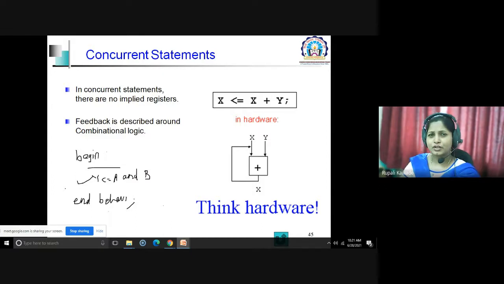It depends on whenever an event occurs on a signal on the right hand side. Suppose A has some value and B has some value: A is 1 and B is 1. What is Y? Y is also 1.